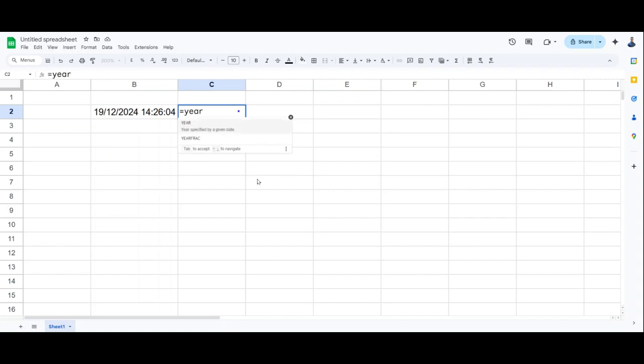that is YEAR. Well, you will see there's two. One is YEAR, to extract the year, and the other one is to extract the difference between the two dates in years. I'm not going to use this. I'm going to use this one over here. I will extract from this particular cell B2 and close the bracket,